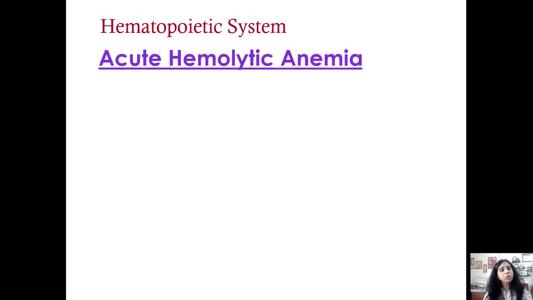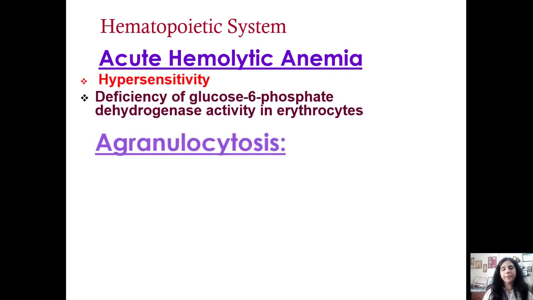It can also present itself as acute hemolytic anemia, and this is due to the deficiency of G6PD (glucose-6-phosphate dehydrogenase) activity in erythrocytes. In patients who are G6PD deficient, any oxidant drug, for example sulfonamide, dapsone, primaquine, chloroquine, if given in such individuals, can trigger bleeding and acute hemolytic anemias because of deficiency of glucose 6-phosphate dehydrogenase enzyme. This enzyme is very important for maintaining the RBC integrity, the membrane integrity.